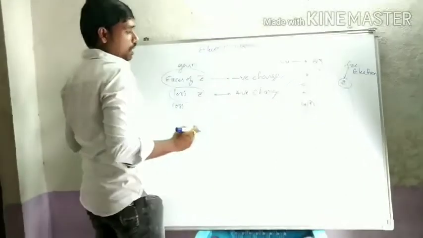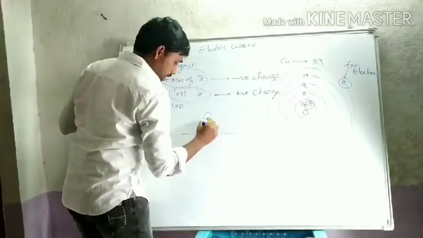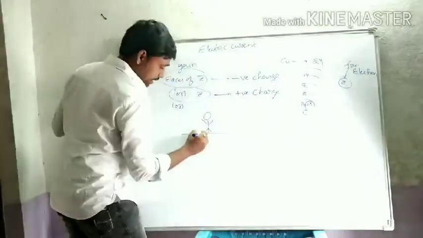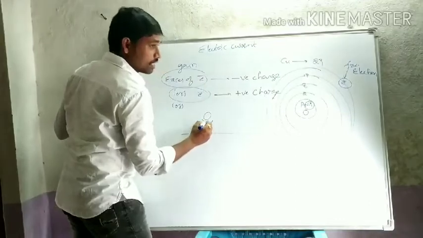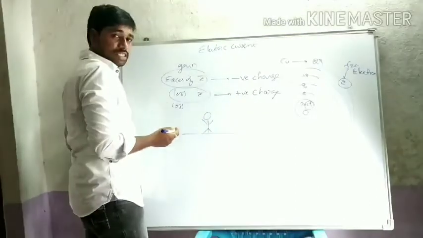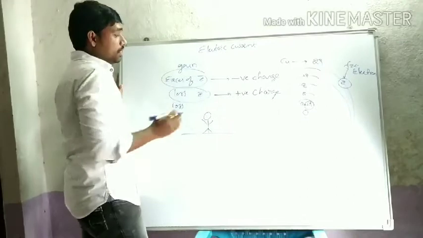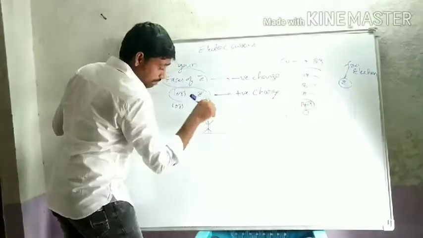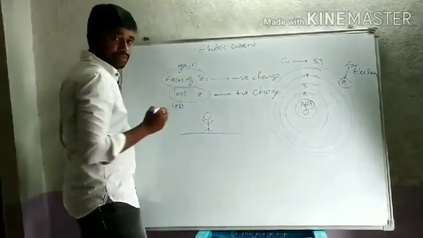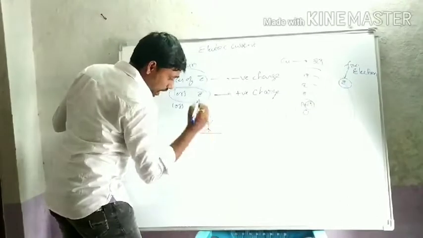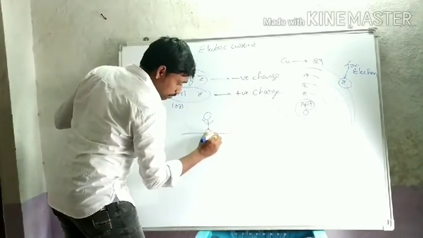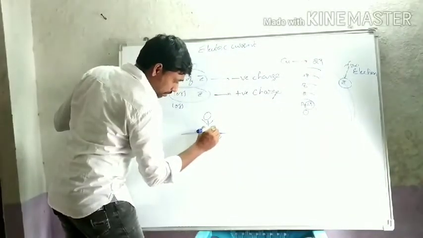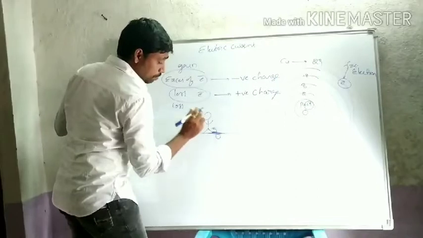Let us take an example. A person is walking on a mat. Before walking, the person has electrons because he is made up of atoms. As we discussed, in the universe everything is made up of atoms. So the person has electrons and protons, and the mat also has electrons and protons. When he walks, due to the friction of rubbing against the floor, the person gains electrons from the doormat to the person's body.